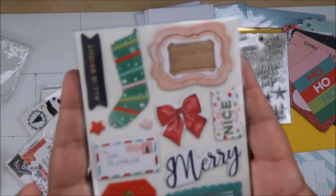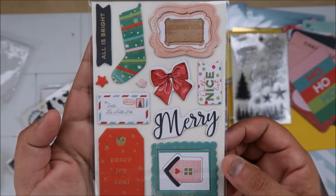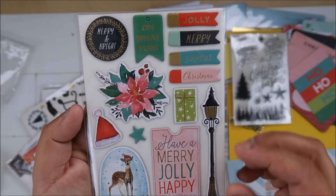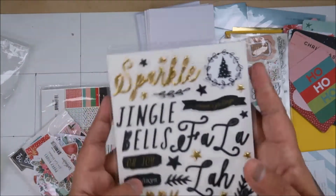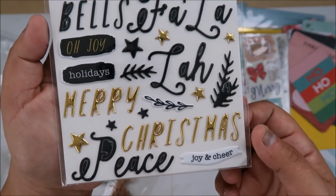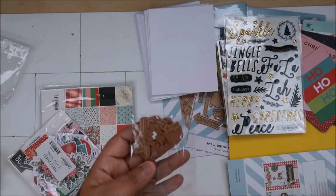I love these so much. These are so amazing. They're chipboard stickers and they are just amazing. I have been using these in my PL and they're just great. Because I have a lot of kits and if I don't make cards right away, I've been using them in my PL. As long as I use them, I don't care how I use them. But I really want to do cards, of course. But timing. Okay, this is...